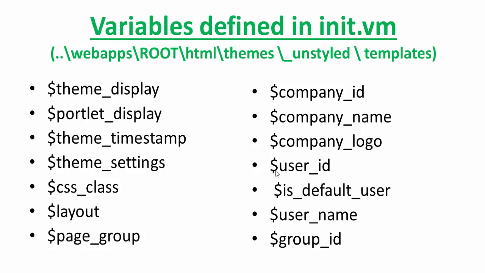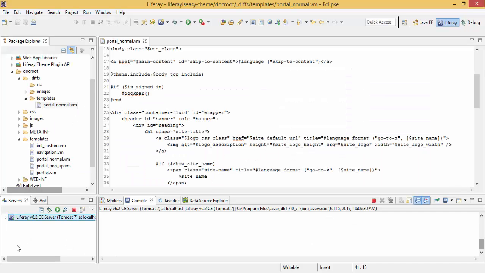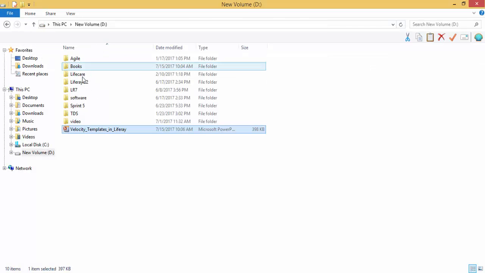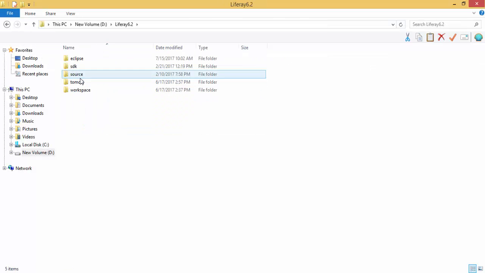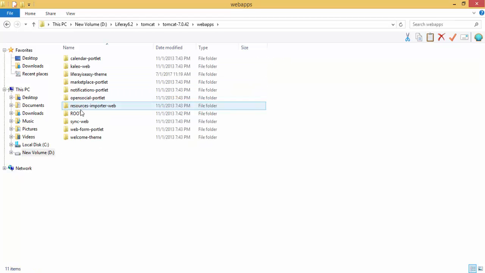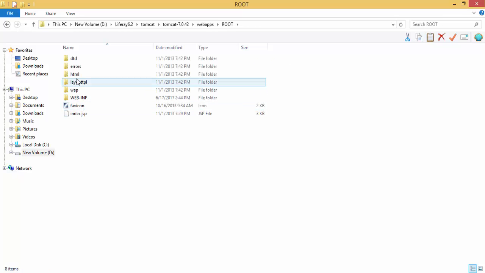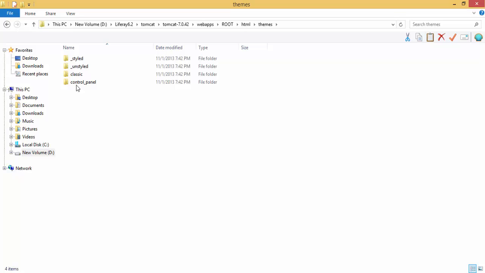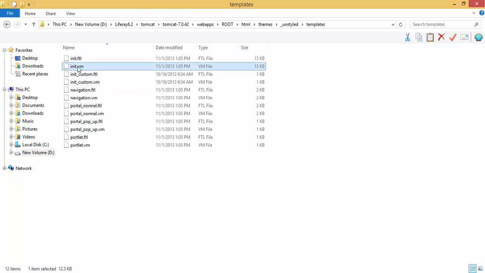The path of these variables is Tomcat, webapps, ROOT, html, themes, unstyled, and this init. So I am just opening this.